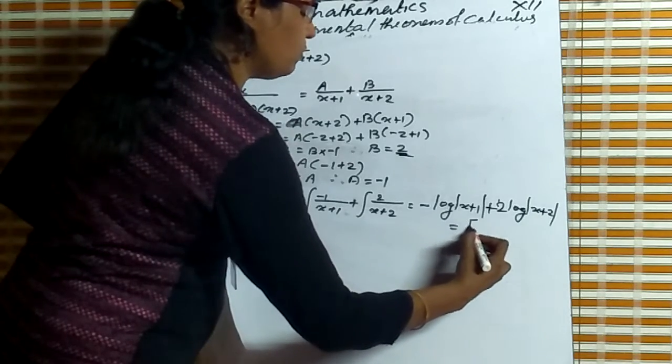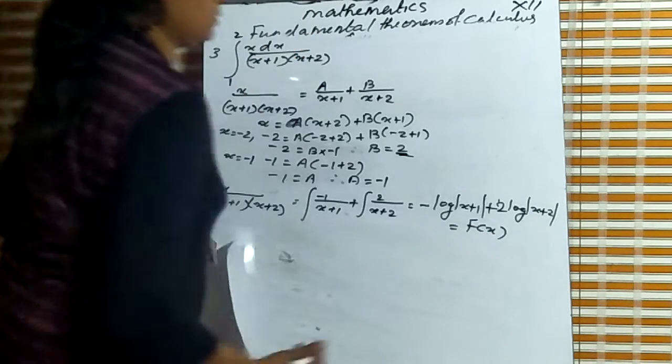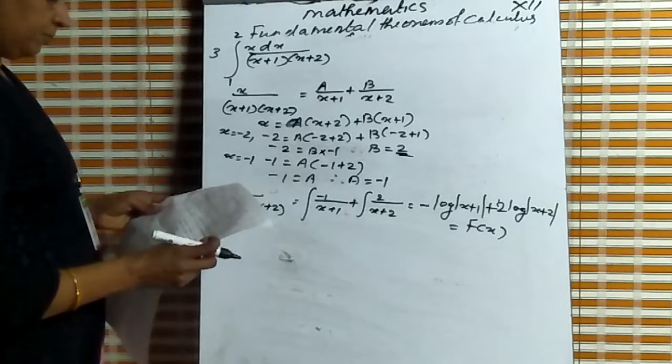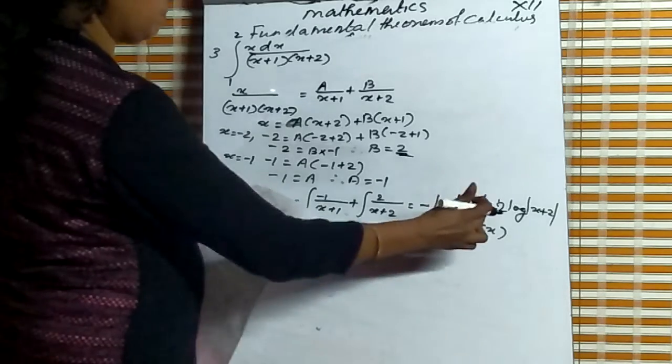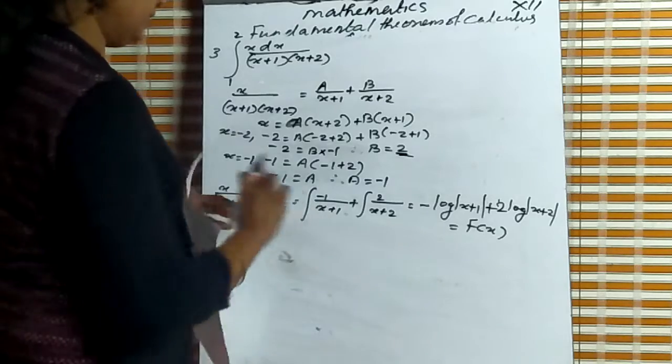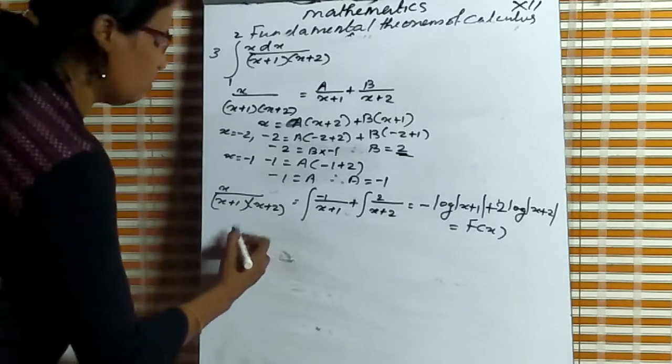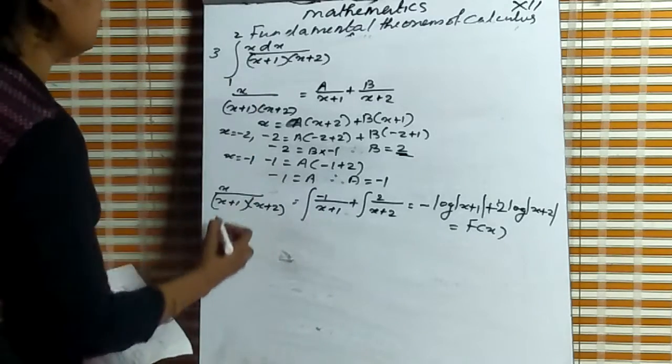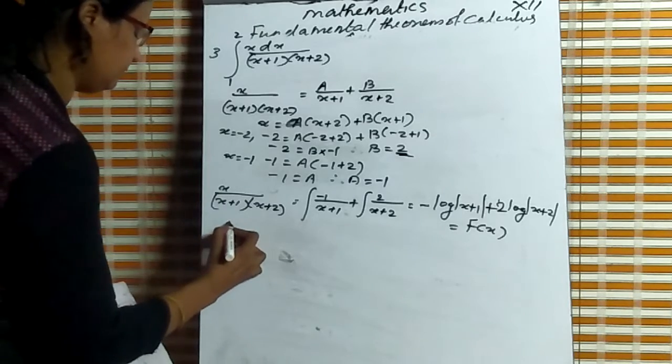This is equal to f of x: minus log absolute value of x plus 1 plus 2 log of x plus 2 equals f of x. Now our integral is